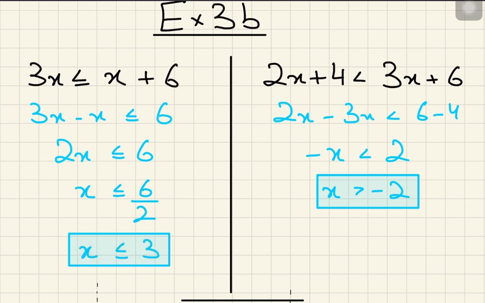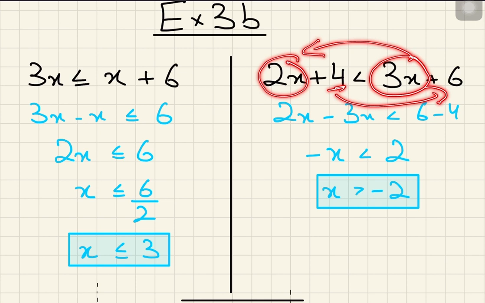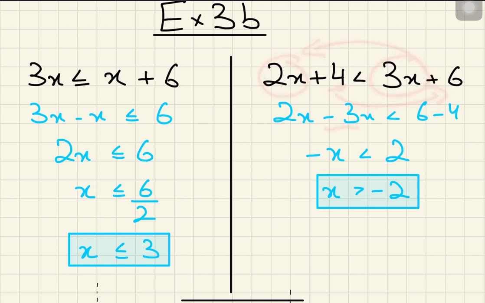Now with the second inequality, what is happening over here is 2x over here, 3x over here. I'll shift 3x over here, I'll shift that 4 on that side. So that 3x becomes negative and this 4 becomes negative. So afterwards we have negative x less than 2. Again, what I need to do is multiply by the negative sign, so the sign of inequality also changes into a greater one. So it becomes x is greater than minus 2.